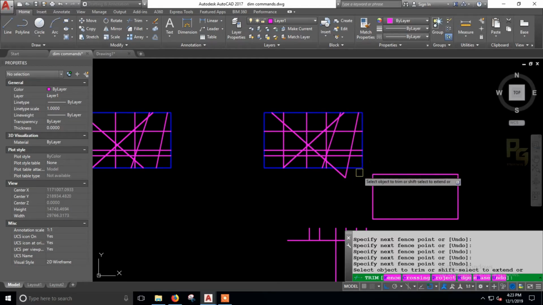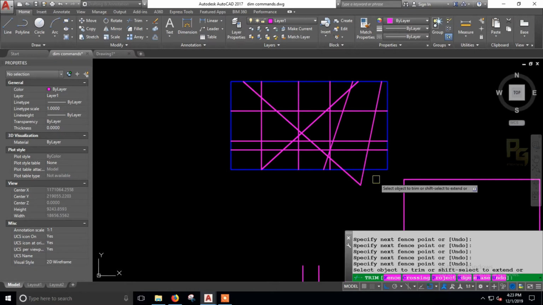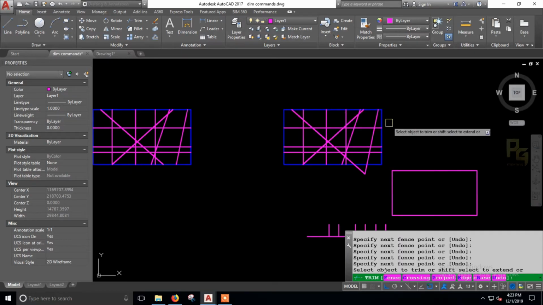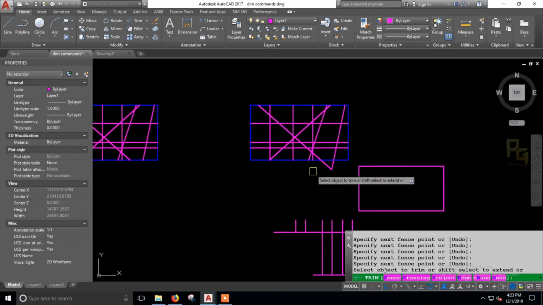Now you can see the lines which I crossed got trimmed, except these two, because these were not crossed by the fence line. So whichever I crossed got exactly trimmed with respect to the rectangle. So I can simply use one command to trim all the lines. Instead of selecting the rectangle and trimming all the lines separately, I am using a single command for trimming all the objects outside our rectangle. So this is the option. Fence is the option used to create a trim like this.